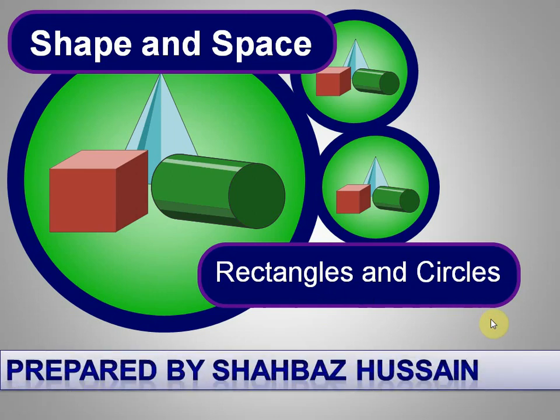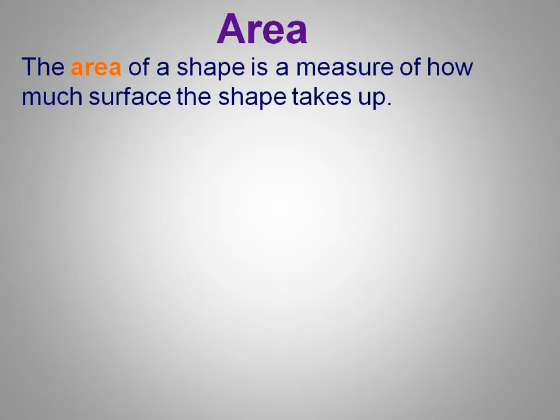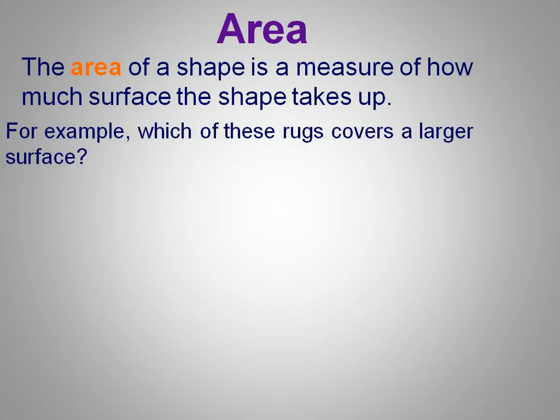So we are going to start today's topic, which is the revision of the area and the perimeter of certain figures. Today we are just considering the rectangles and the circles for the area and the perimeter of both the shapes. Area is basically the surface or space occupied by any figure.